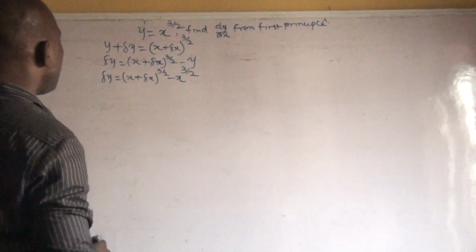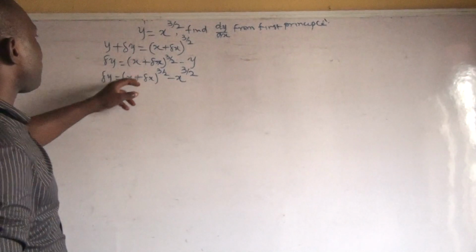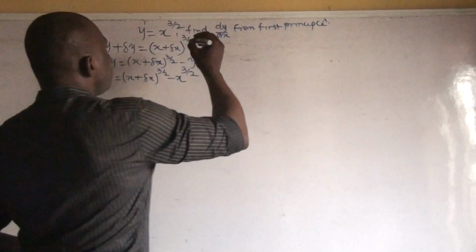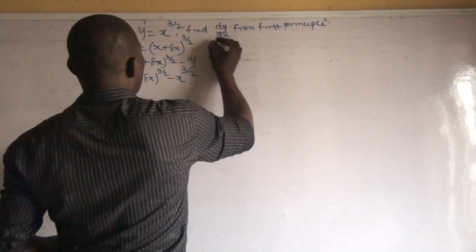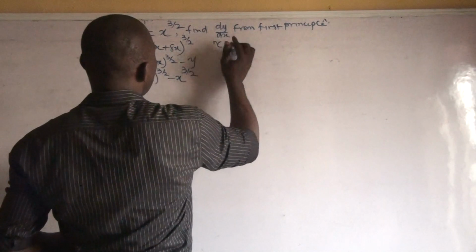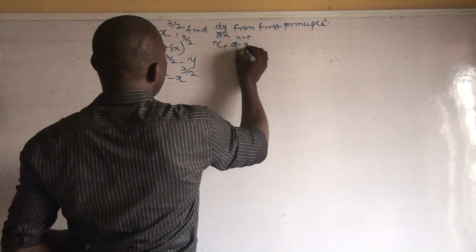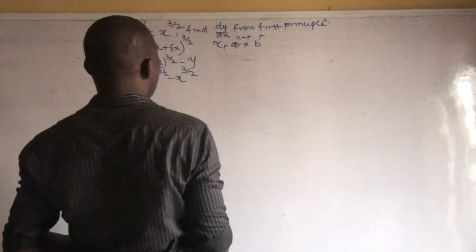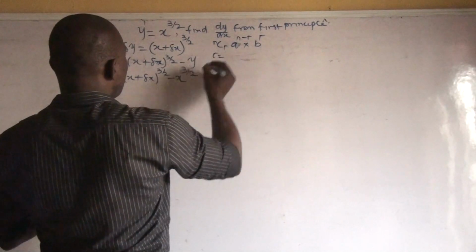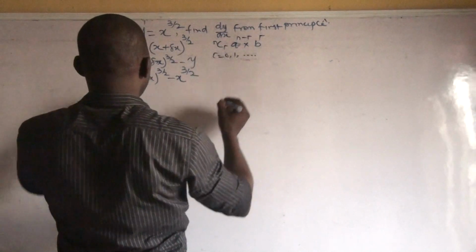Okay, what is next now is how do we expand x plus delta x all raised to power 3 over 2. Now we will use the binomial expansion here. (a plus b) raised to power n is the sum of n combination r times a raised to power n minus r times b raised to power r, and r is moving from 0, 1, till n,